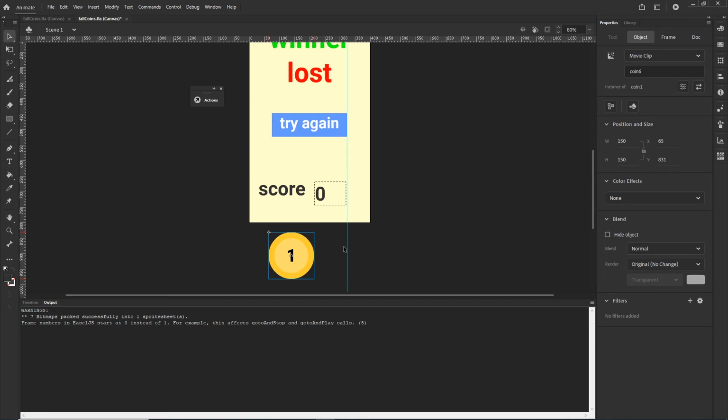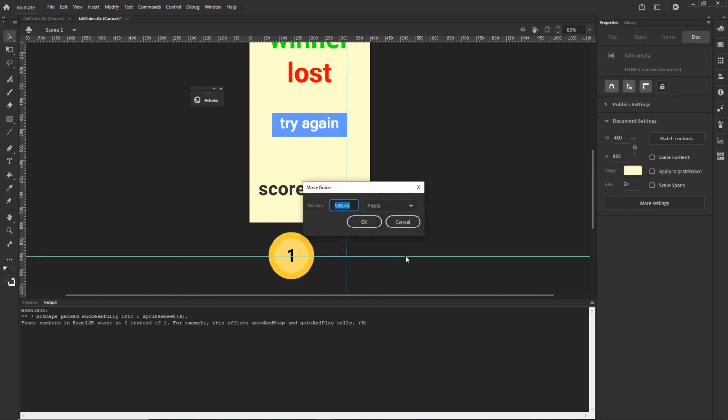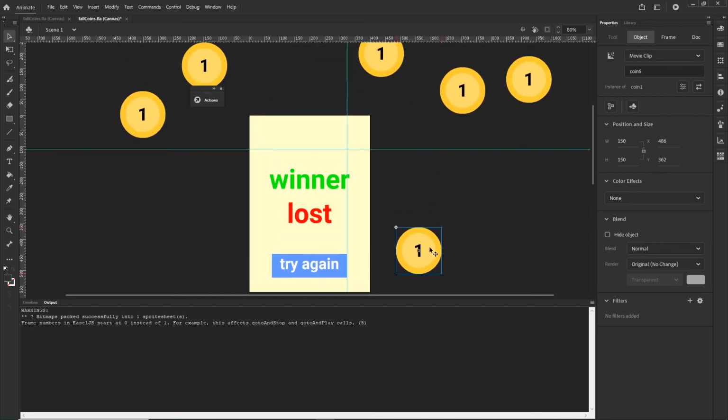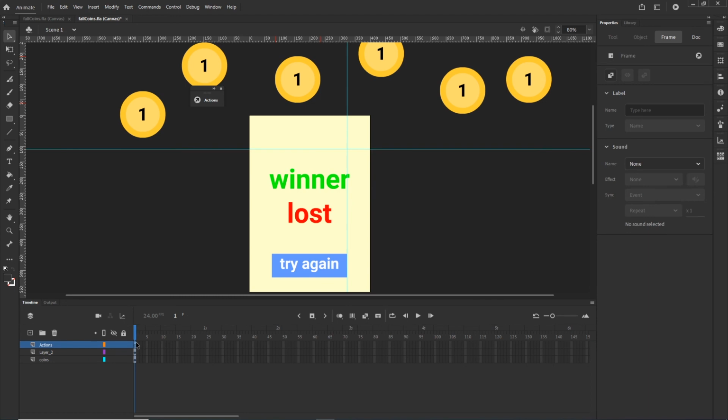Okay, and you can think of another way how to determine whether you won or lost, but basically I will get my ruler, I will double click, and this is position 900. Okay, I can position this again back wherever I want, like so,